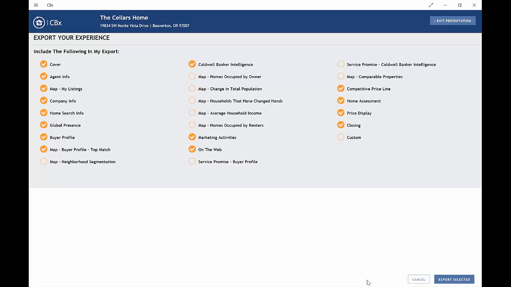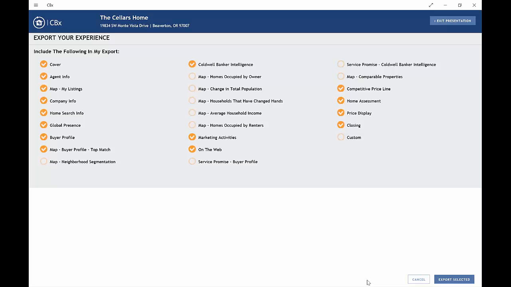One thing I do want to remind everybody is that because this is a proprietary app and this is information that is only available to us, when you're going in for that listing appointment, I wouldn't leave a printed copy of the CBX digital listing experience behind until you've secured that listing as yours. The worst thing that could happen is that you leave it behind and then somebody from one of our competitors comes in and they decide to use them,